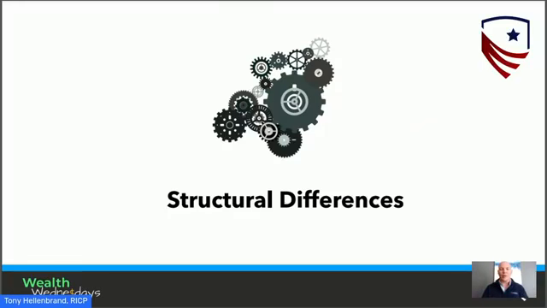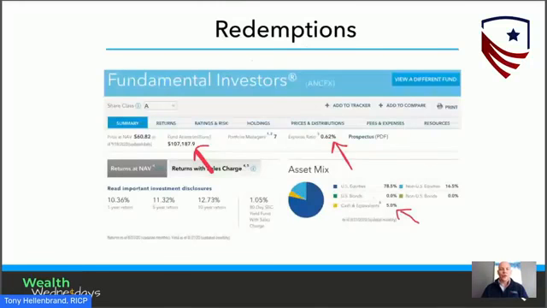So we're going to talk a little bit about structural differences. I already showed you the top part of this screenshot where I showed the assets and the expense ratio. I didn't show you how that fund is actually invested. And what's interesting, when you look down at how it's invested, you'll notice that that bottom arrow there on the right is pointing at cash and cash equivalents of 5%. And that's pretty wild. So you're looking at a $107 billion fund, of which that would be what, about $6 billion that's just sitting in cash.